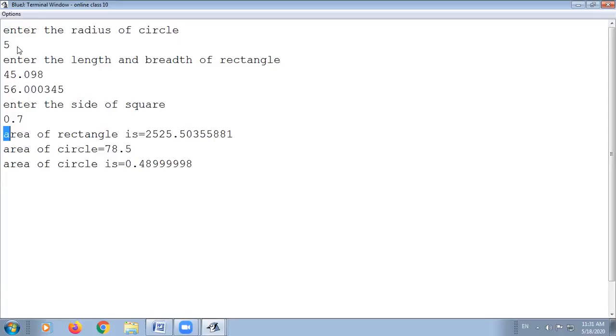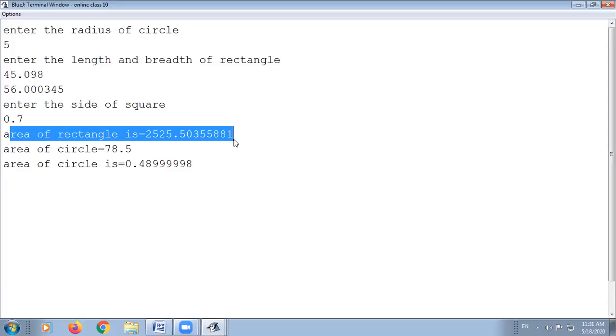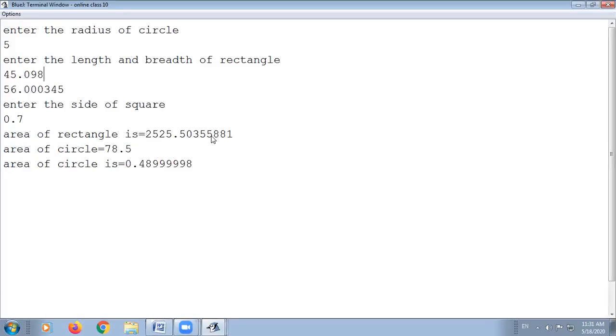It means when we enter the radius of the circle, which function has run? Because we have called the rectangle function first, it will calculate the area of the rectangle. Because in the program we have called the rectangle function first, according to the length and breadth it will calculate the area of the rectangle, according to the double values.